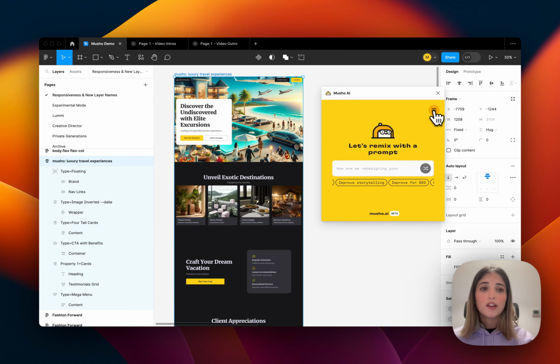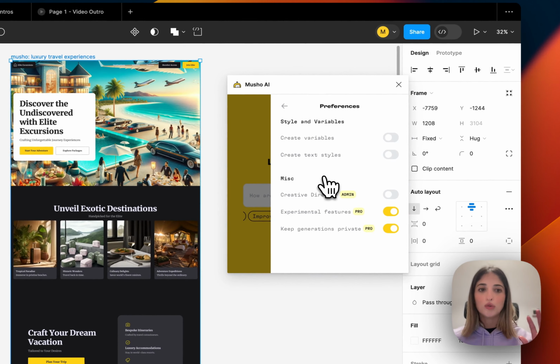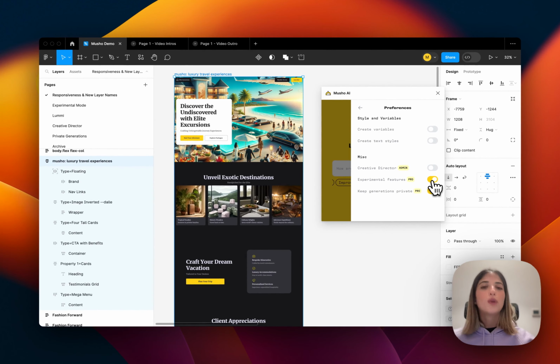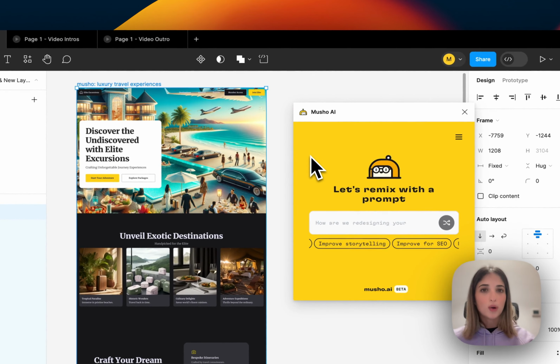In contrast, experimental mode is just what we're calling internally this new version of Musho, which is available to pro users to test out with us. And it's going to allow them to create more than just landing pages. For example, users are using it to create things like dashboards. A lot of them are creating portfolios, profile pages, and even checkout pages. And ideally, it's going to do even more. We can do things like e-commerces and social media posts and slides. But it's still in the testing phase. And the only way that you can access it is by creating a pro account.